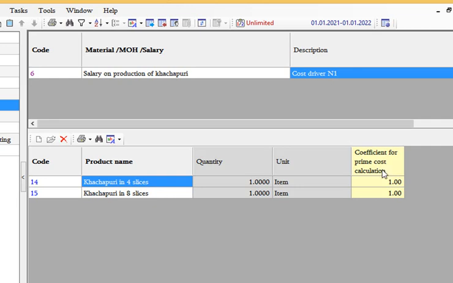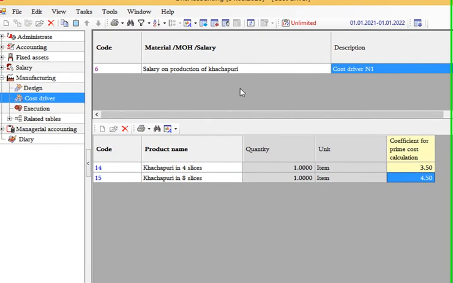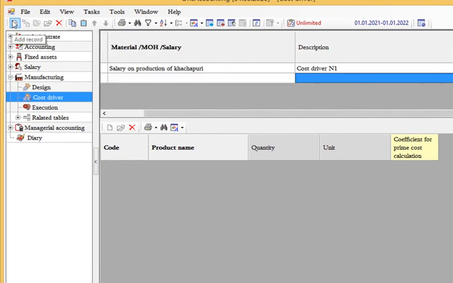And cost will be allocated to these products based on this cost driver. We should specify the coefficients. Let's say 3.5 and 4.5. Now let's add another cost driver,